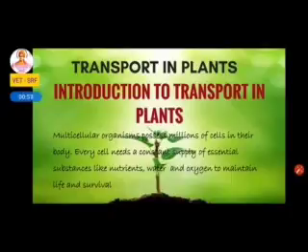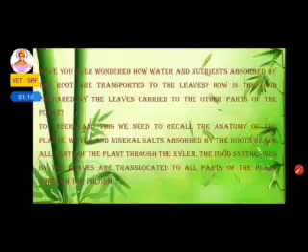Every organism is made up of cells. You all know that, right? Every cell needs nutrients, water and oxygen to maintain life and survival. Each and every cell needs its requirements like nutrients, water and oxygen for survival. Have you wondered how water and nutrients are absorbed by the root and transported to the leaves? How is the food prepared by the leaf and carried to other parts of the plant?